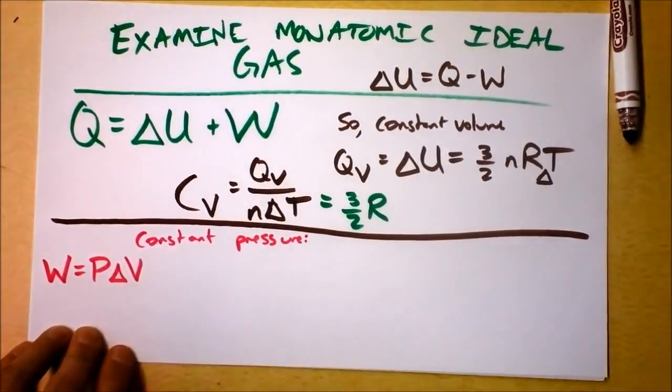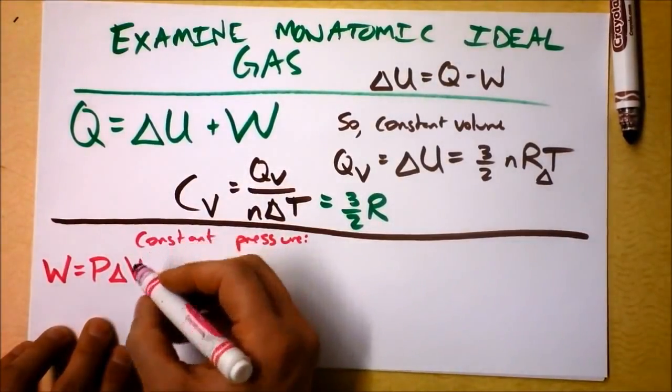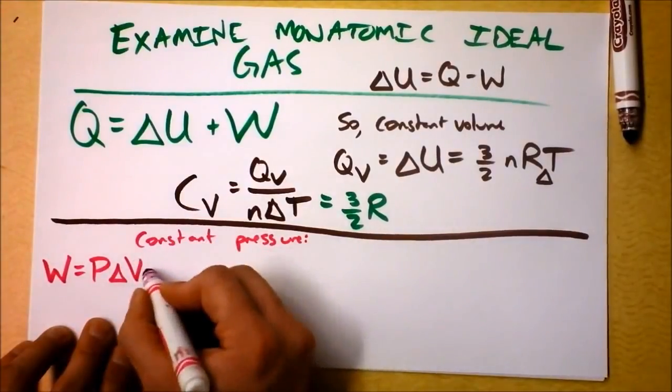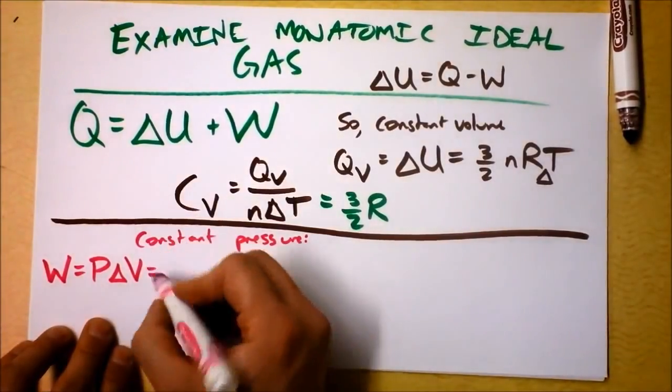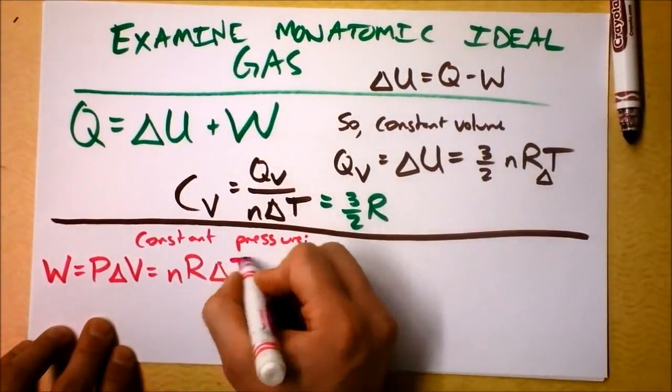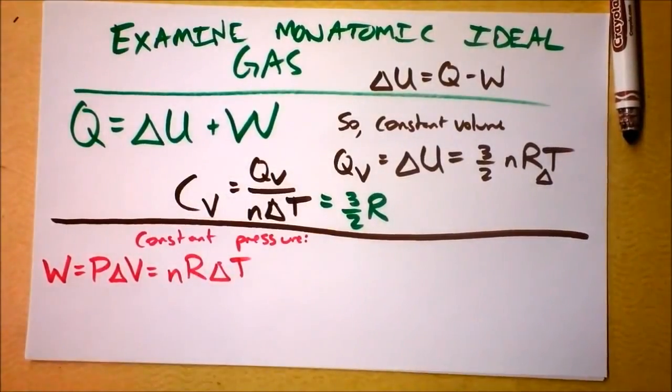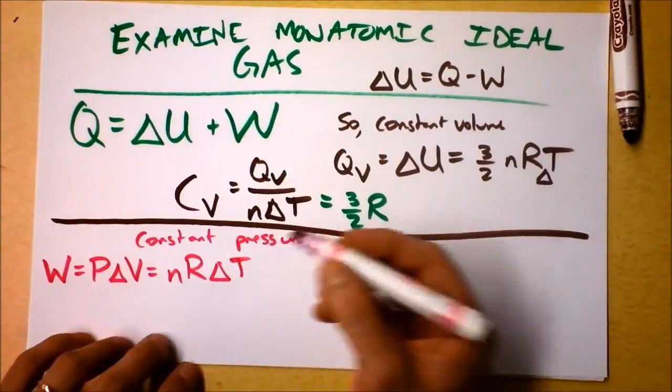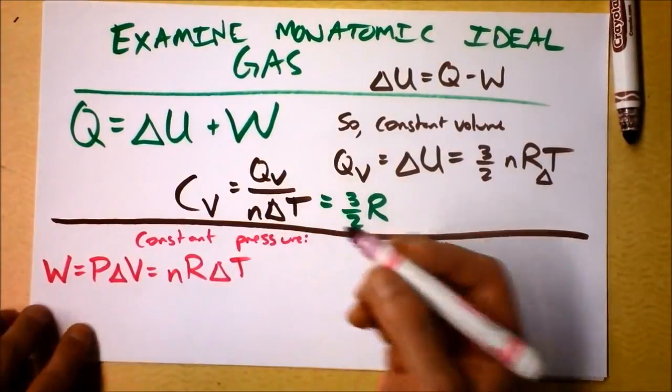Pressure times volume is our work, and the pressure is constant, and this is going to be the number of moles times R times delta T. Okay, very good. And then, do you like that? But